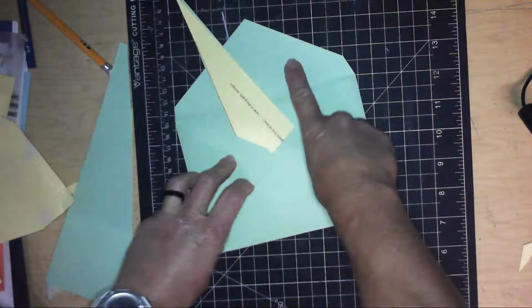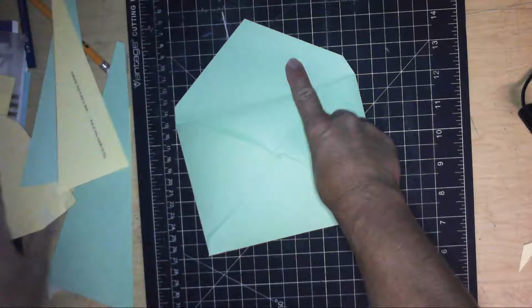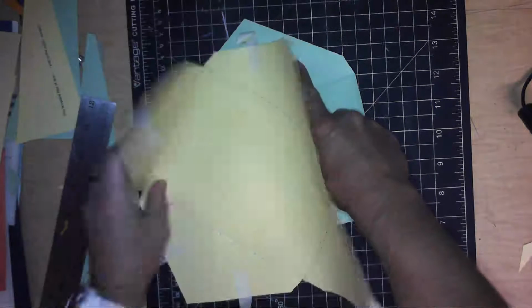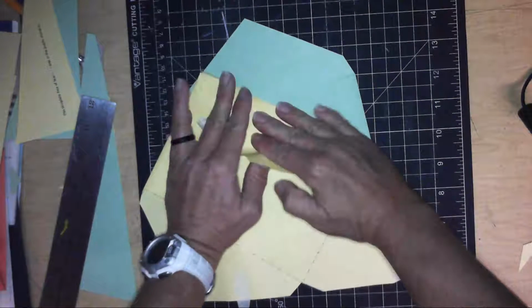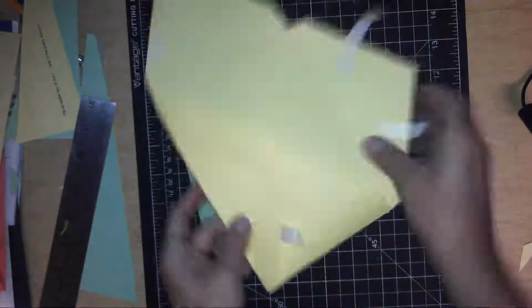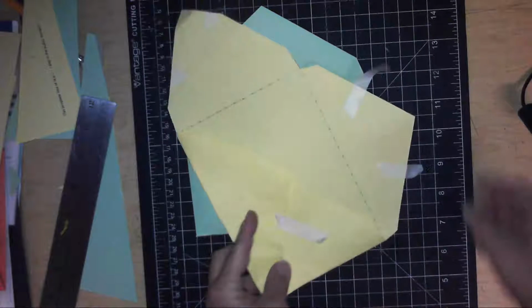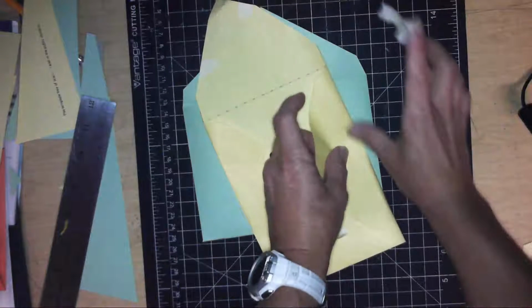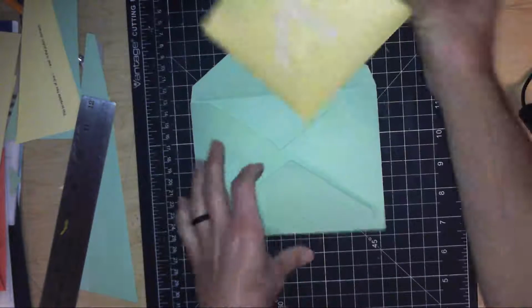What I want to do is find a piece of scrap, which I can go back to my template here for. I'm just going to fold it so it fits in. And if I put this inside, making sure my tape is not sticking out. Sorry. If I put this inside, now what I want to do is get